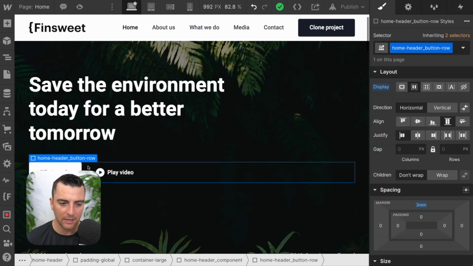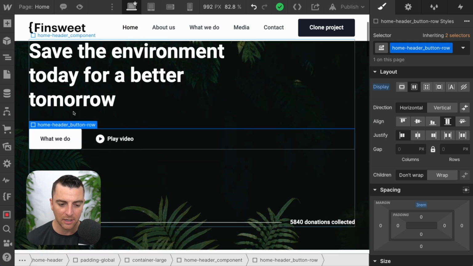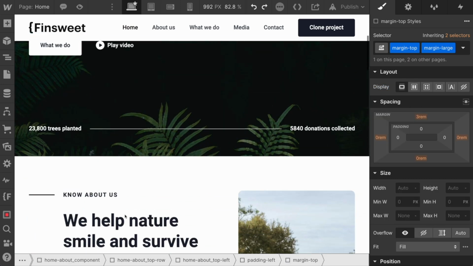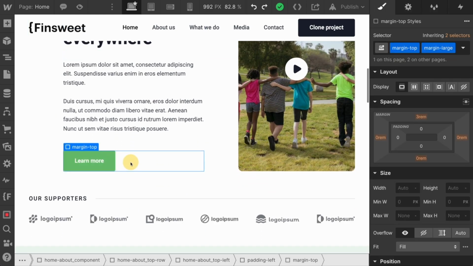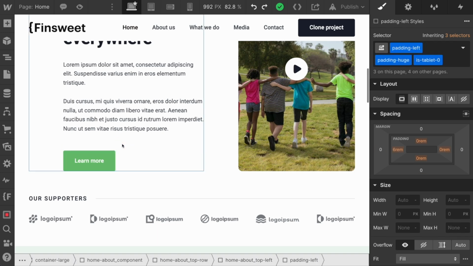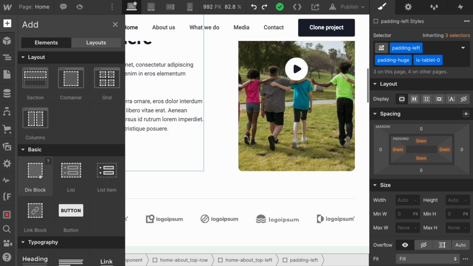So let's see this applied to a custom class. Let's go find a spacing wrapper. So let's go here, margin top, and there we go. Let's now convert this wrapper into a block. So instead of a margin and instead of wrapping an element inside of this spacing wrapper, we will use it just as a blank, empty div block. So let's go add this div